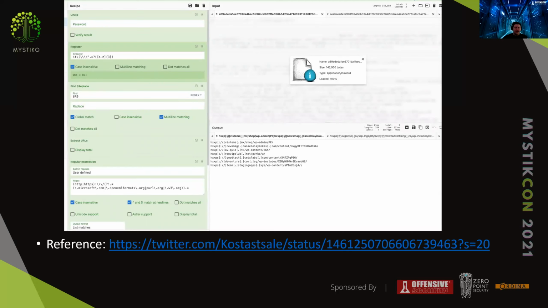There's a lot of people in the InfoSec community that like to post their recipes for CyberChef that I like to take for any latest Emotet campaign or for any other malware campaigns that are out there that are using Office macros. So a person in the InfoSec community went by the name, I'm probably going to butcher this, Kostas, created a cool CyberChef recipe. And what this does is it easily extracts the URLs from the Word document that's downloaded from Emotet malware. Like I said, there's many other recipes out there that you could test out against other types of